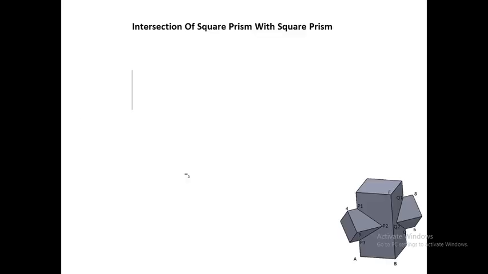In the first step, we will draw the top view of the vertical square prism, which will be a square, and since the faces are equally inclined to the VP, the square will be in the form of a kite. So this is the top view of the vertical square prism in the form of a kite, since all the faces are equally inclined to VP. Now we will mark the corner points: 1, 2, 3 and 4.